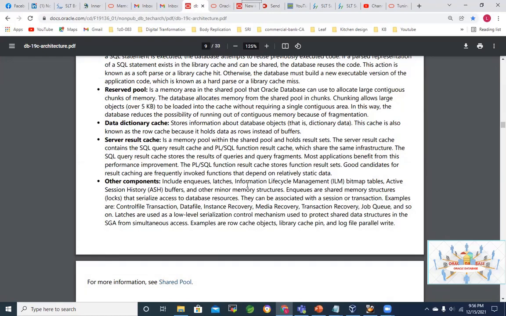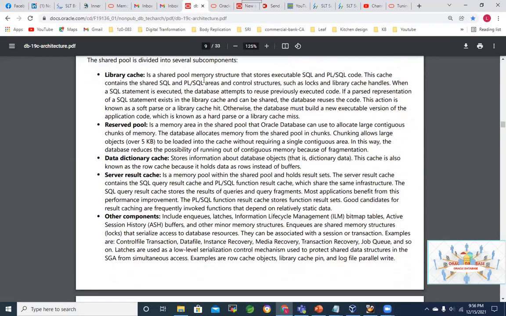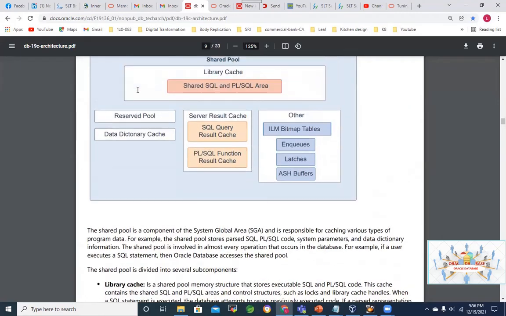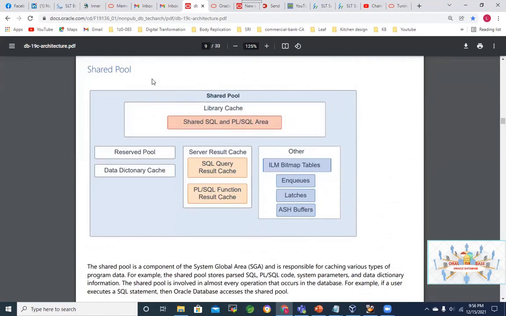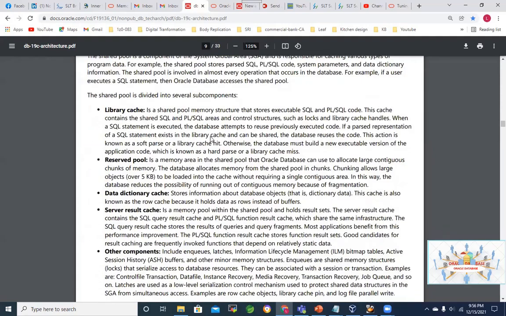For the shared pool also, they have explained certain things. In fact, I have almost explained the library cache. So this is about the shared pool. This is their way of representing the shared pool. But anyway, if you go to this one, I think library cache I explained.